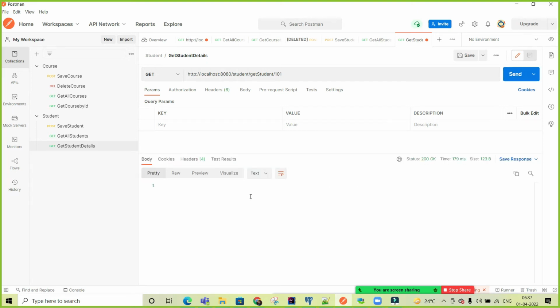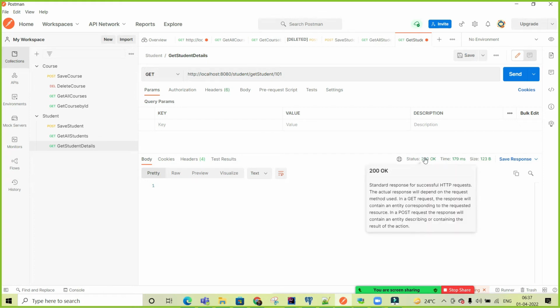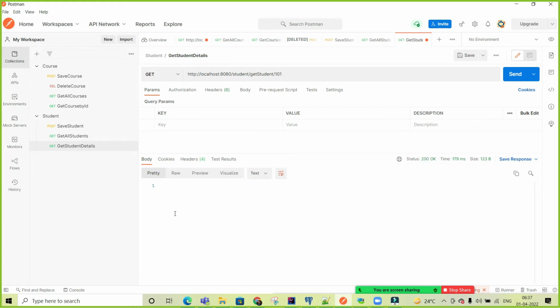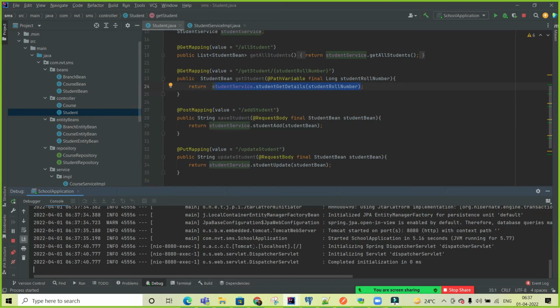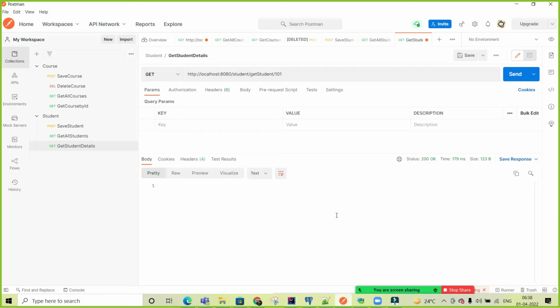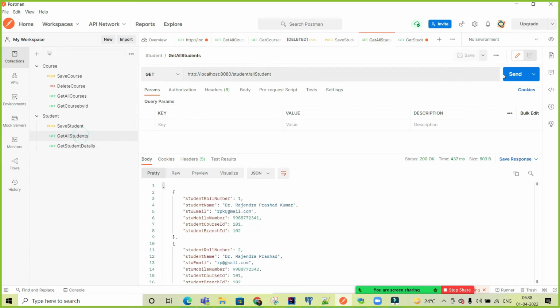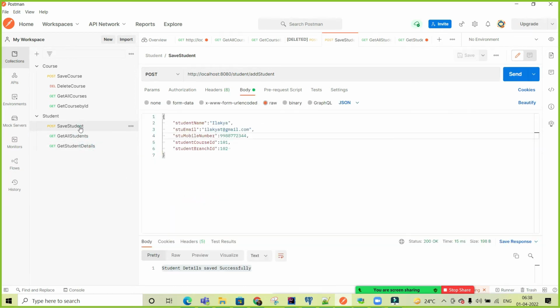I'm not getting any data. That is null. Request is 200, but data is not there. I need to provide some message if you want. If it is null, then you can have a message over there, might be in the controller. But at least the application is not breaking. You can see the application is running as expected. If you enter the correct data, like 4, it is working, you are getting the data. If you enter 40 or something, then you are not getting the data. That's the main thing, but the application is not breaking. All student is coming. Student is coming. Save student is working.